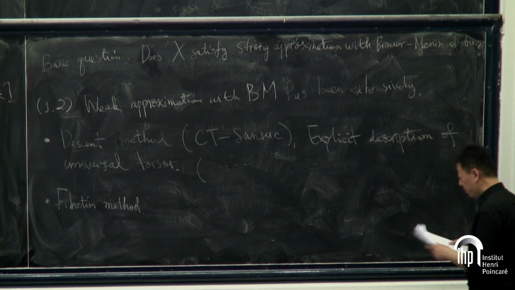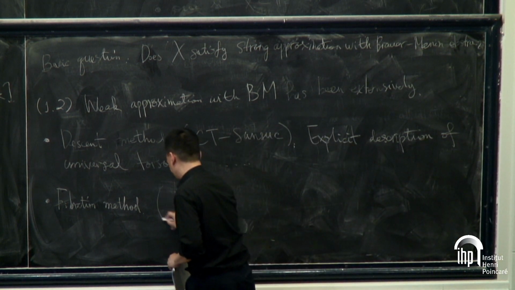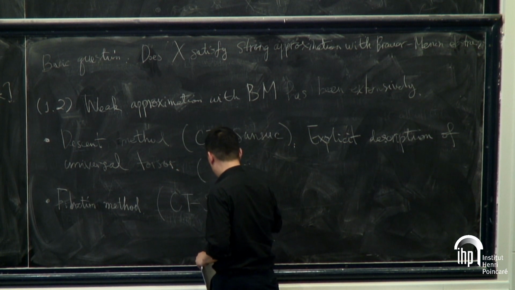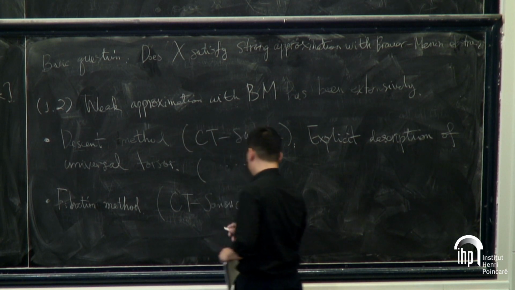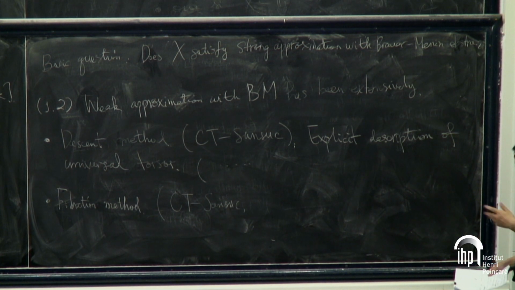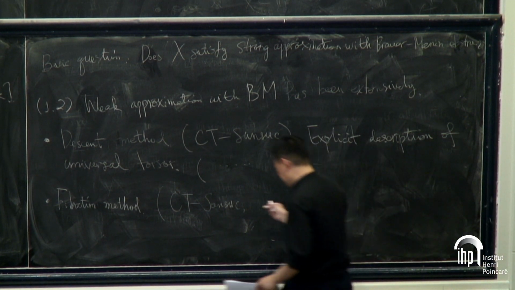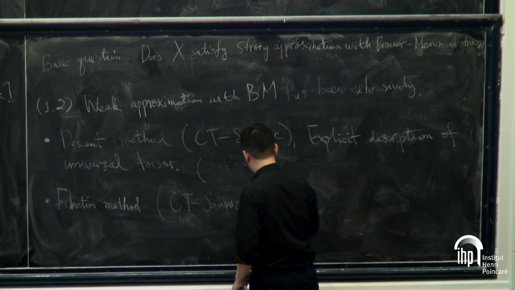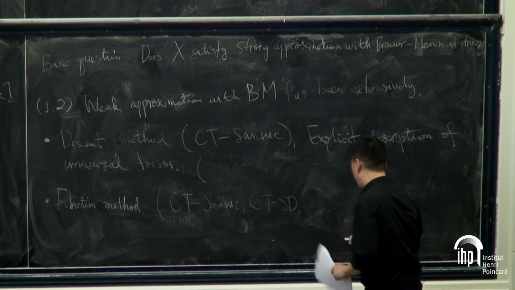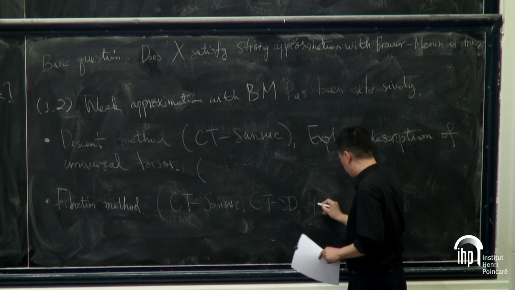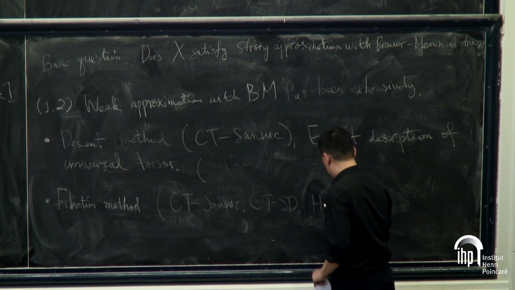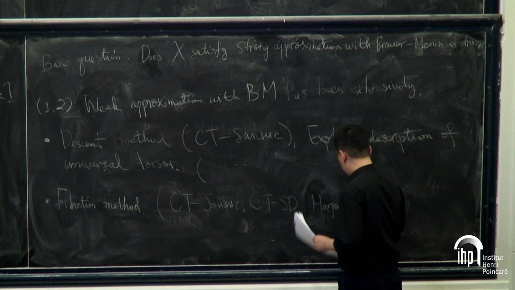The fibration method, I think, starts from Harari and Colliot-Thélène, which explains, for example, the Hasse-Minkowski theorem for quadratic forms, and is also generalized to Châtelet surfaces and all these kinds of things. Later on it was developed by Harari and others, and many people helped: Wittenberg, Skorobogatov, and many others worked on this fibration method.